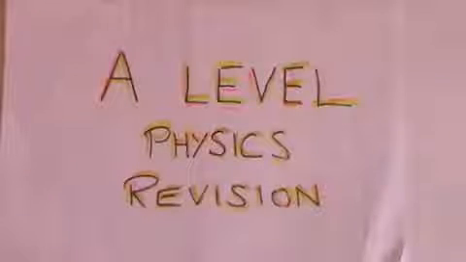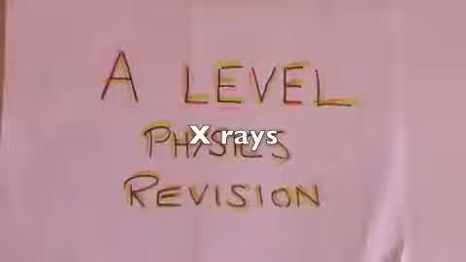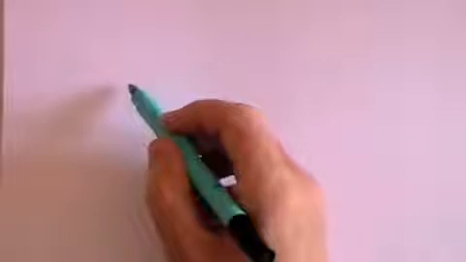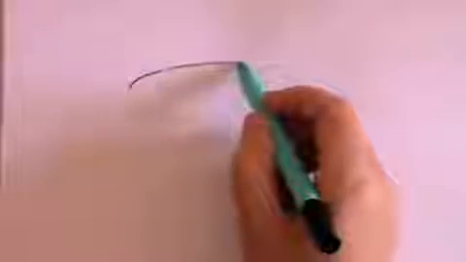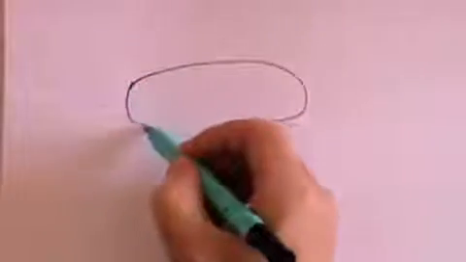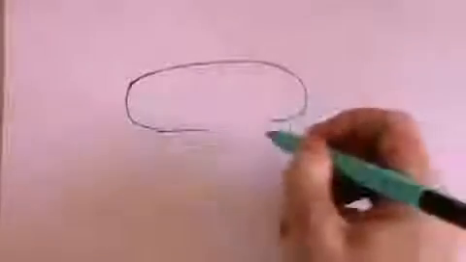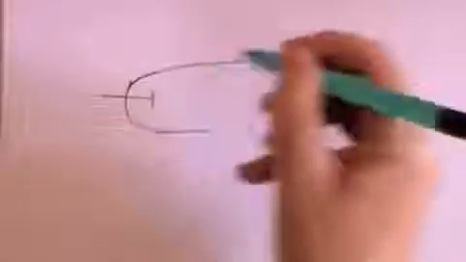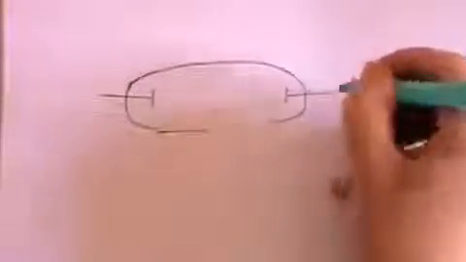Hello, today we're continuing in our A-level physics revision series looking at the subject of X-rays. X-rays are produced by the use of the principle of the cathode ray tube, although in this case of course it's called the X-ray tube. Basically you have a tube, I won't complete it just yet for reasons you'll see later, and you have a cathode and you have an